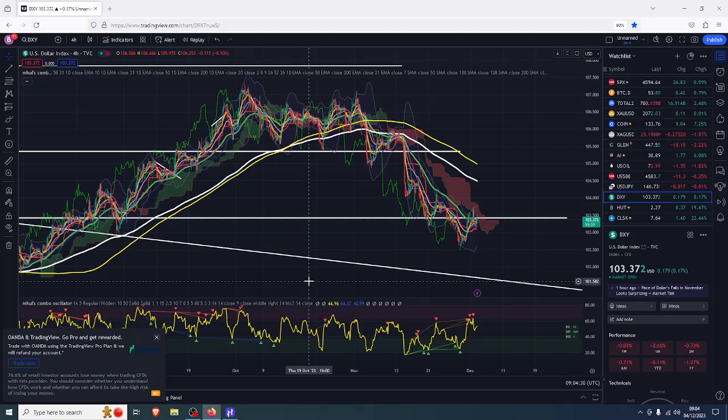But if they just move up to resistances, if we're trending up on a Monday and then we see a downtrend continue on a Tuesday, so long as all supports or resistances are respected, you should then just continue with the overall momentum, which in our case and in the case of stocks and obviously crypto, all of that should continue to move up. But tomorrow is probably going to be a day where it kind of resets,